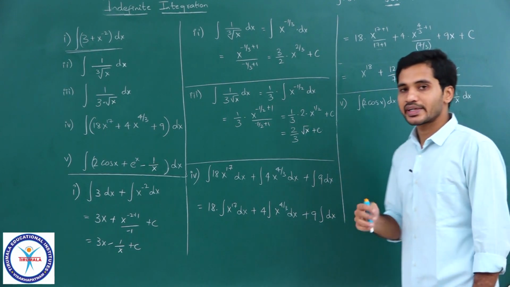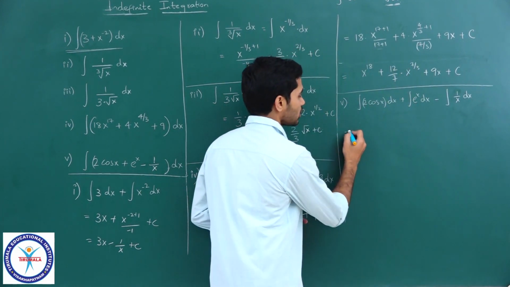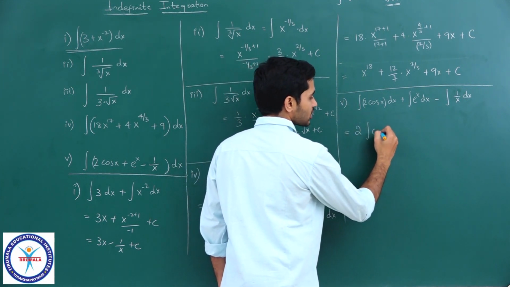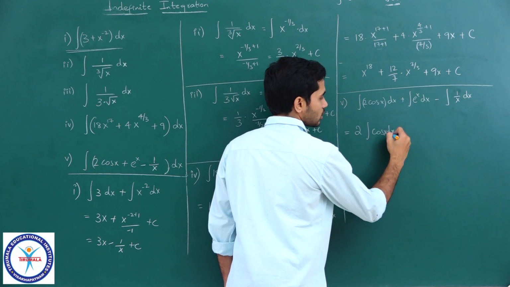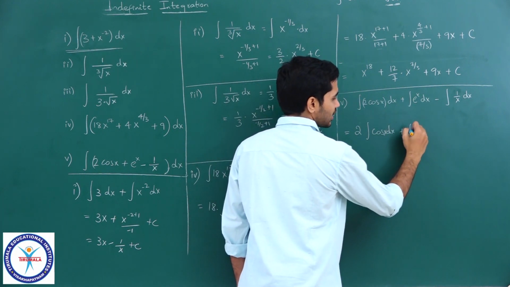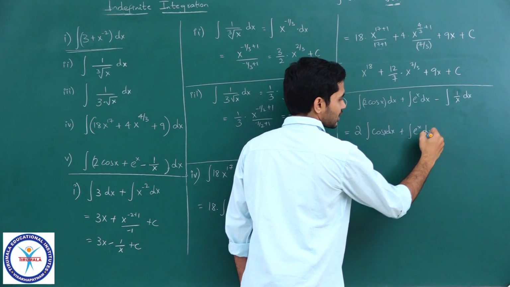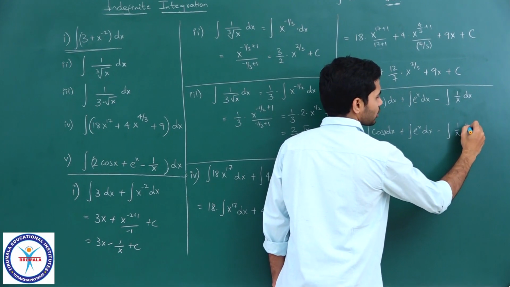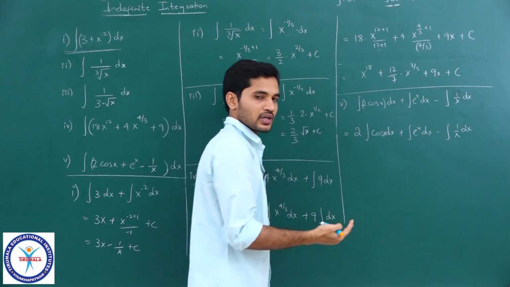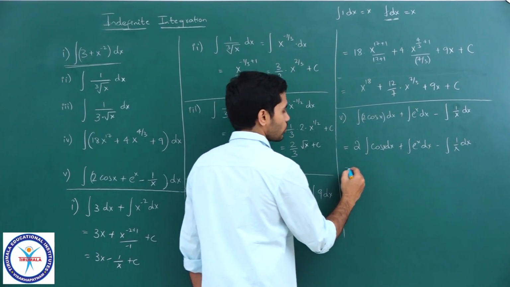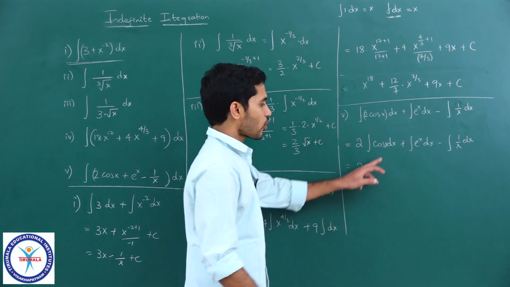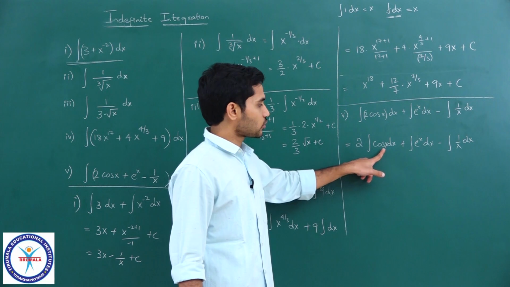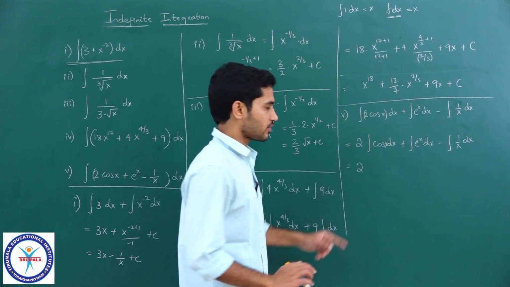Okay. So, let us perform the operation. So, this should be equal to, so I can bring 2 outside, 2 into integral cos x dx, let us quickly write it out, plus there is no constant, so I will just leave it like that, e power x dx minus there is no constant there, 1 by x dx, or you can perform the integration here itself. I am just writing it in steps. So, 2, what is integration of cos x? It is sin x, not minus sin x, keep that in mind. Integration of cos x is sin x itself.